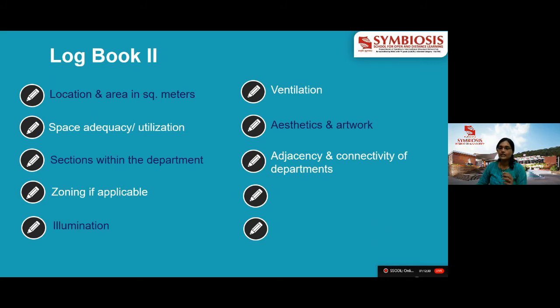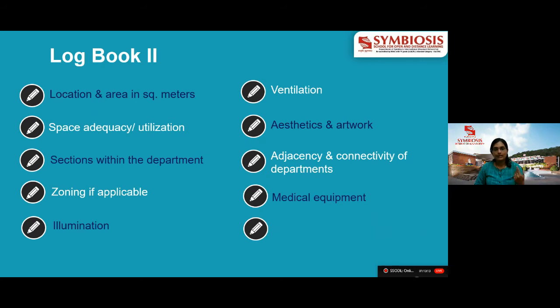So in a way, the operation theatre should be in close proximity to ICUs and NICUs, and the emergency department should also be in close proximity with the operation theatre. Not in close proximity, but connectivity should be of ease. Suppose a patient is coming to the emergency department, and in an emergency he or she is to be operated on, then the transport of the patient should be made easy. He should not have to pass through the OPDs and IPDs and then reach the OT. The access should be direct.